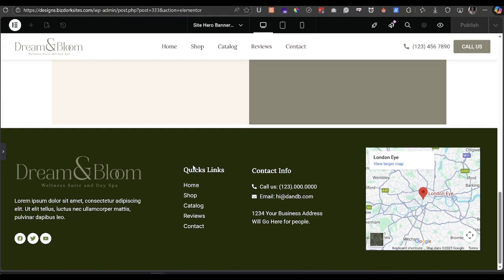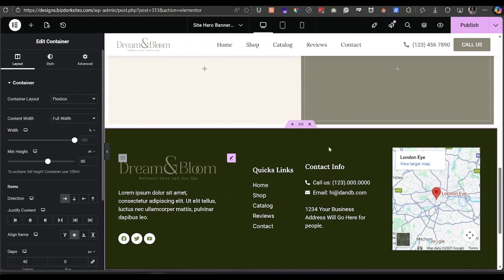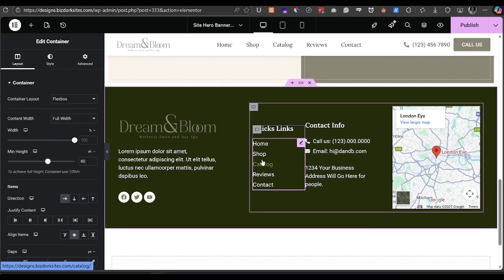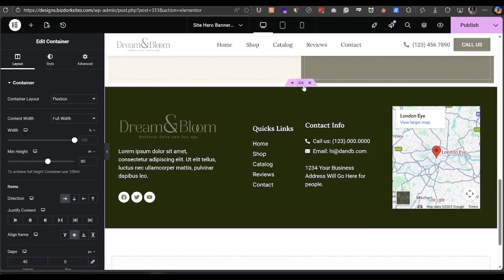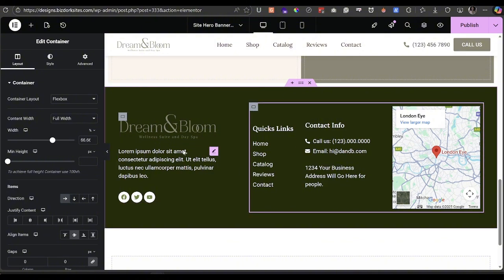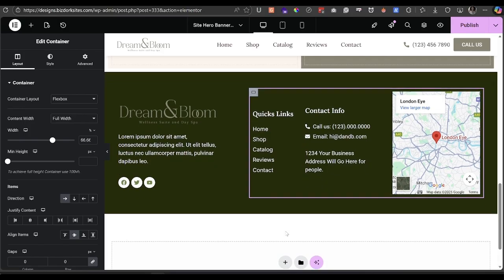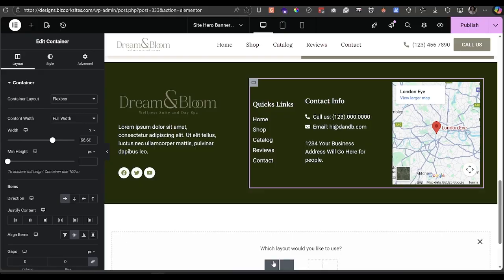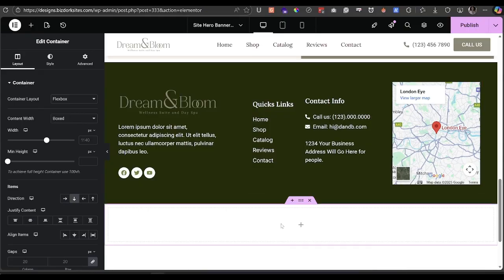Okay, so the first thing you need to do is open up your footer inside of Elementor. So I already have my footer right here. I created this simple little footer. It's just one container with two columns inside. So I have a column here and then I have a column here with the necessary details to make up my footer. Now what I need to do is add another container underneath that will be holding my copyright, because